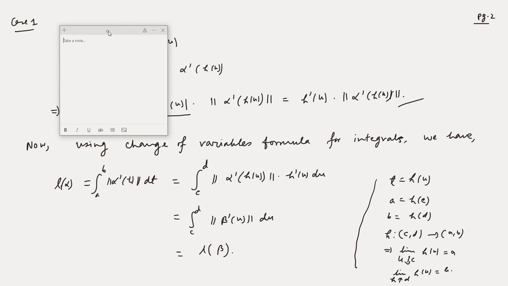Now we consider case 2. This is page 3. So here h is a bijective differentiable function from [c, d] to [a, b], h prime of t less than 0 for all t in the interval [c, d]. Then in this case we have